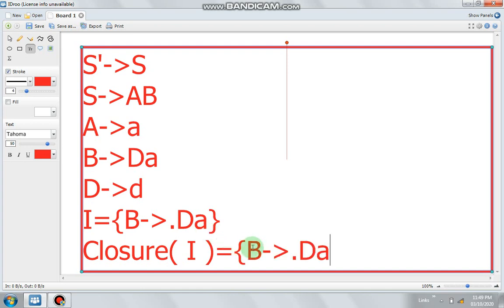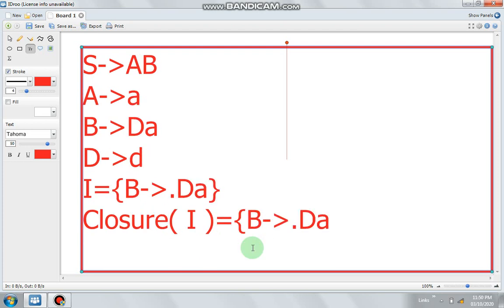Okay, and apart from this item, you can see here we have a dot. You can clearly see we have a dot here, and after the dot there is a variable D. If this is the case, then include all productions of that variable.